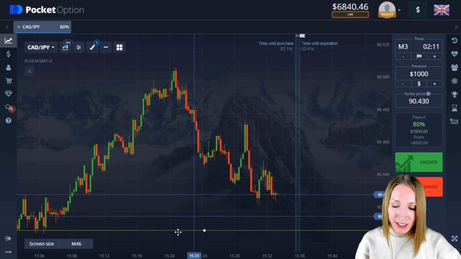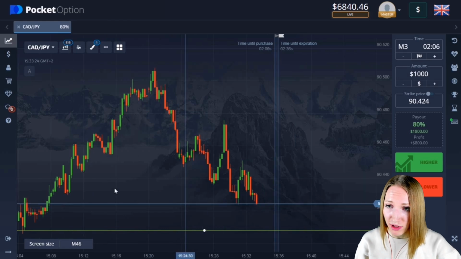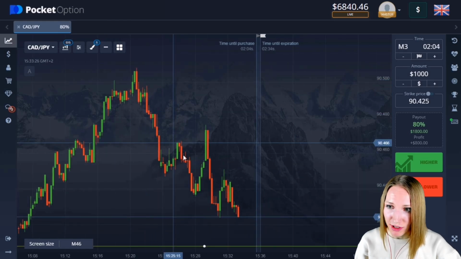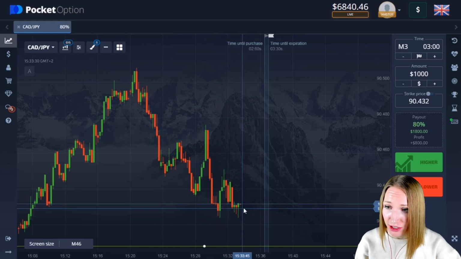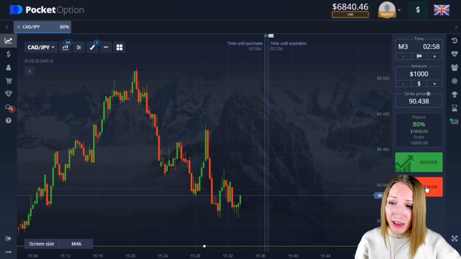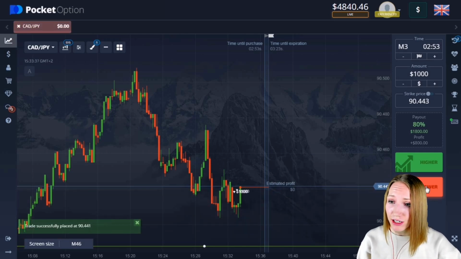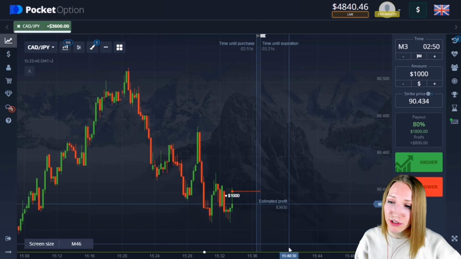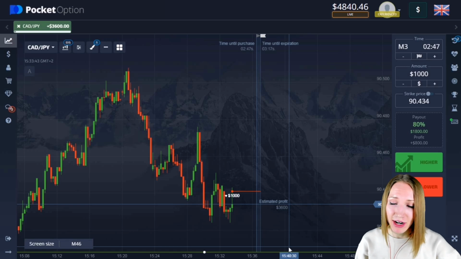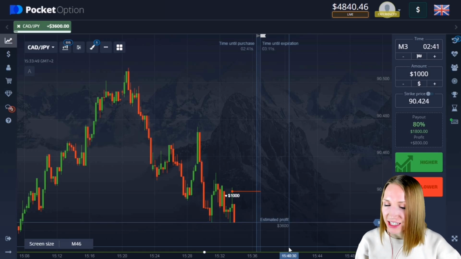Well, here you can notice the support level, and also pay attention that there is the downward movement and the price maximum is getting lower. So the price has been moving quite impulsively, and you can pay attention that there is still a place to the support level. So let's open a trade with down for 3 minutes. Right now a rollback up is happening, and it's a very good point to open a trade. I think the price will continue moving down because the potential for a decrease is very good here. Let's check it.